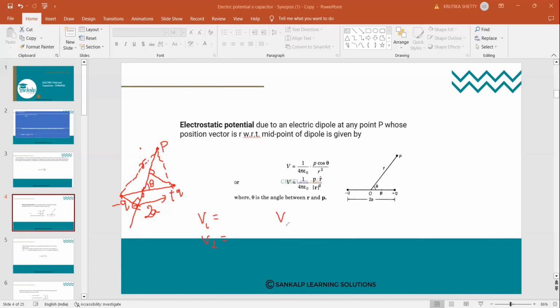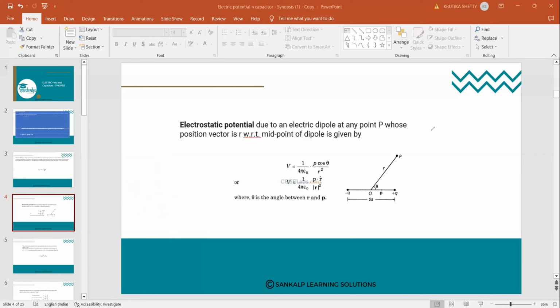Next, we calculate the potential due to both the charges, V1 plus V2. The potential due to the minus q charge is 1/4 epsilon naught q divided by the distance. Similarly, due to the plus q charge, 1/4 epsilon naught minus q divided by the distance. So we substitute and complete the derivation, and we will get